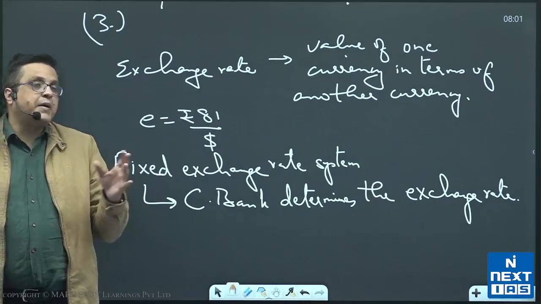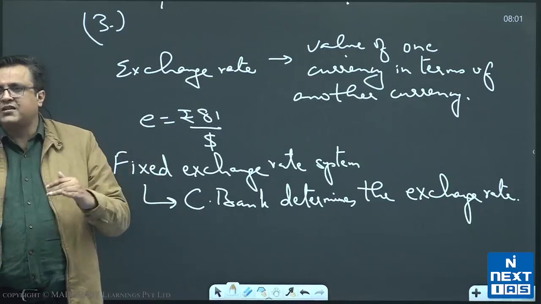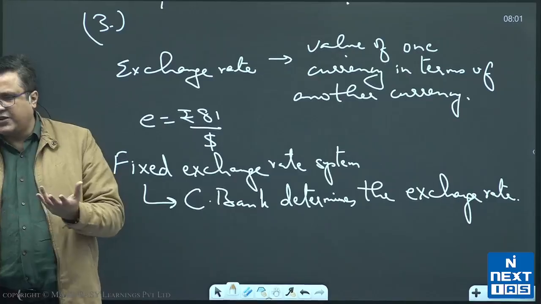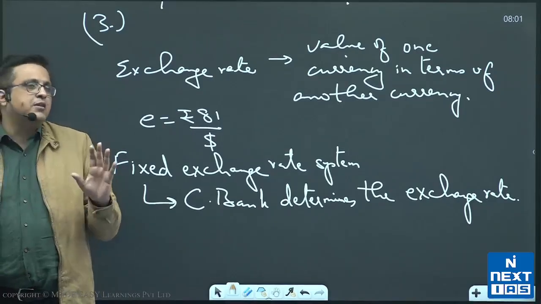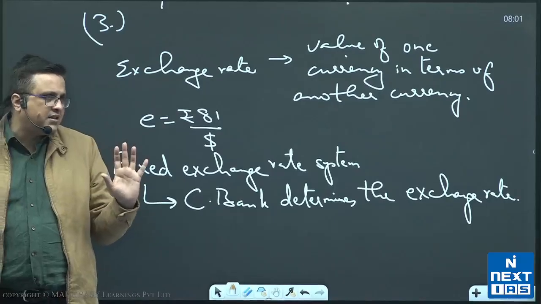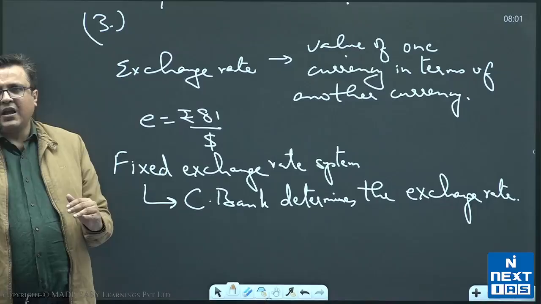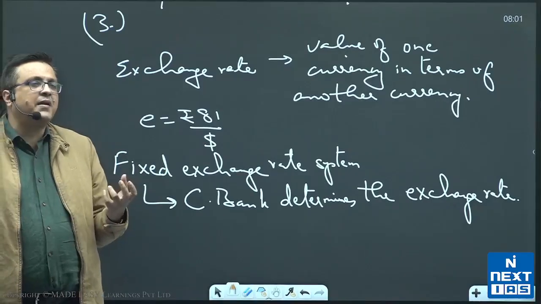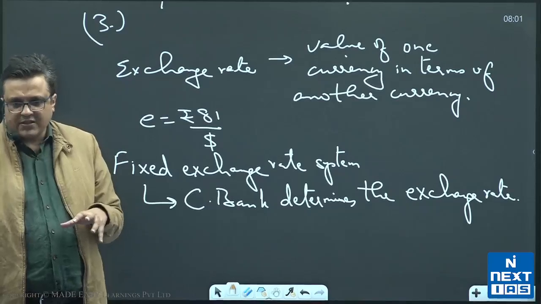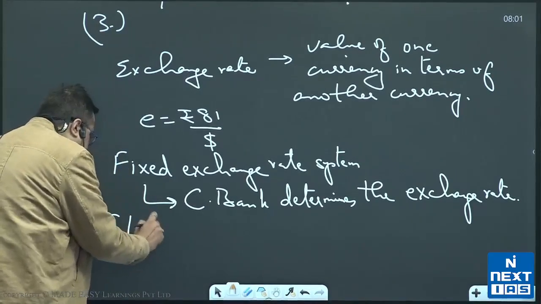Of course, it is expected that the central bank will look at the market and see how much of their currency is demanded and how much foreign currency is supplied, and based on that they will fix the exchange rate. But there is no role for the market here. The role is of the central bank. The central bank will decide the exchange rate. After the 1970s, this system started changing as countries started realizing that the central bank was not always perfect or not even good enough in fixing the exchange rate.